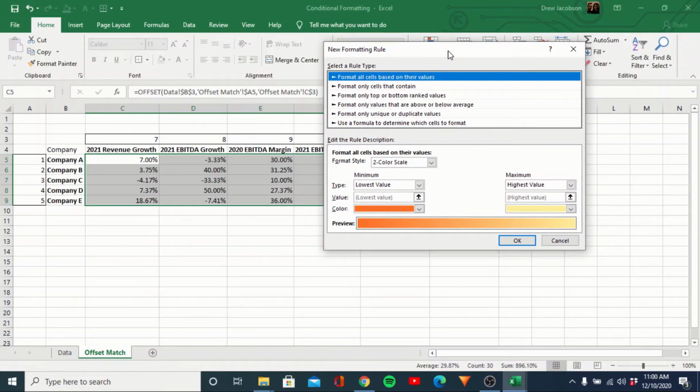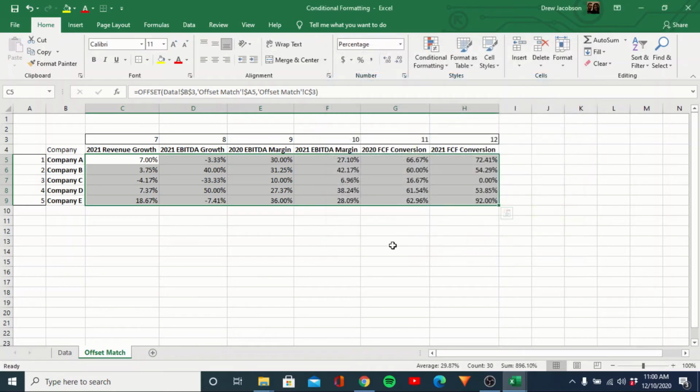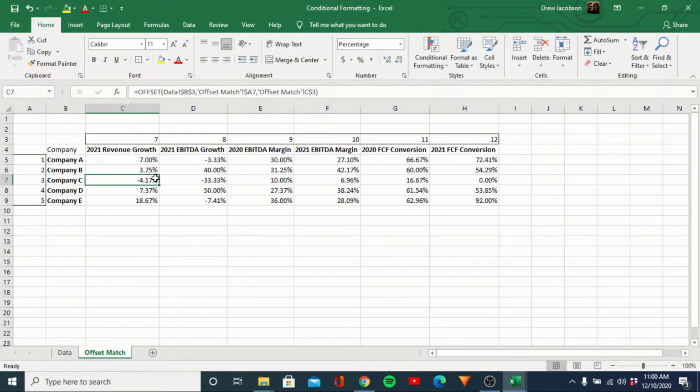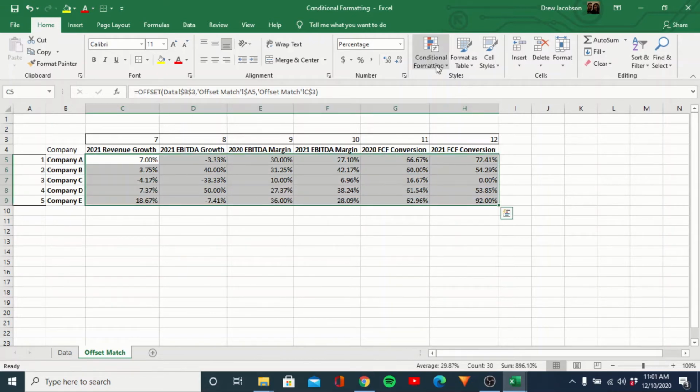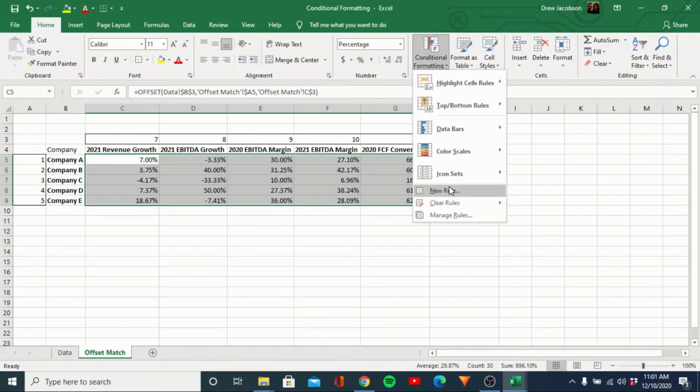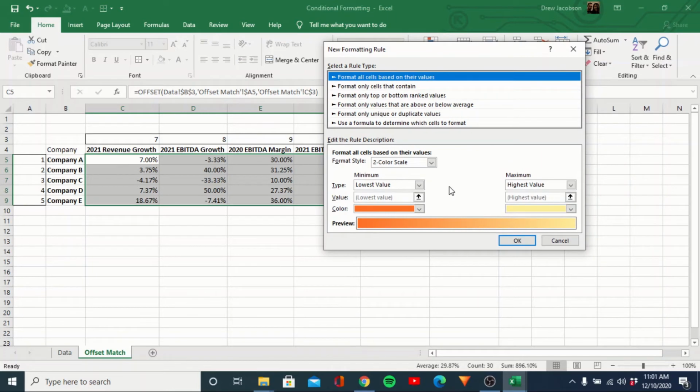So what we want to do here is, well, let's back out for a second. Let's say anything that's a negative value, we want to make red. Anything that's between 0 and 30% we'll just leave as white, and anything greater than 30% we can make green. So we can go ahead and hit New Rule, and what we'll do is